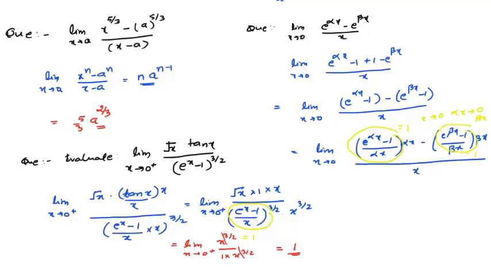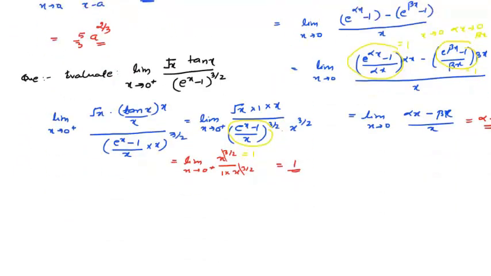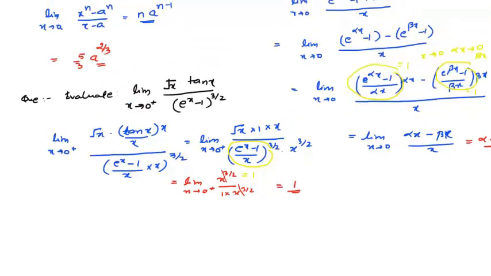So from here we can write this again as limit x tending to 0, 1 into alpha x, that will be alpha x, minus 1 into beta x, that will be beta x, and whole divided by x. If you take x common in the numerator, x and x will get cancelled out from both denominator and numerator, and your final answer from here is alpha minus beta. So this will be the value of your required limit. This will be equal to alpha minus beta. Okay, moving on to the next question.